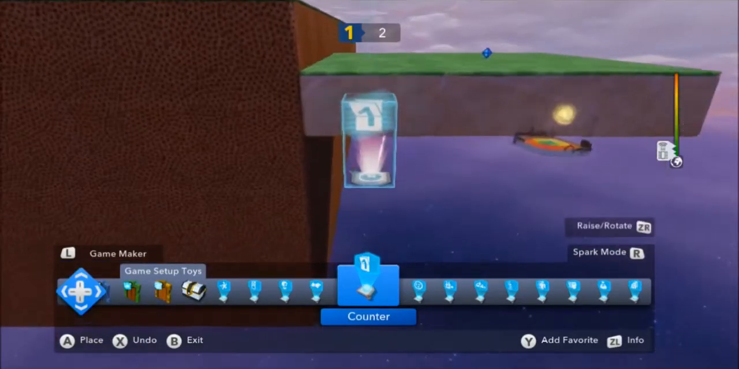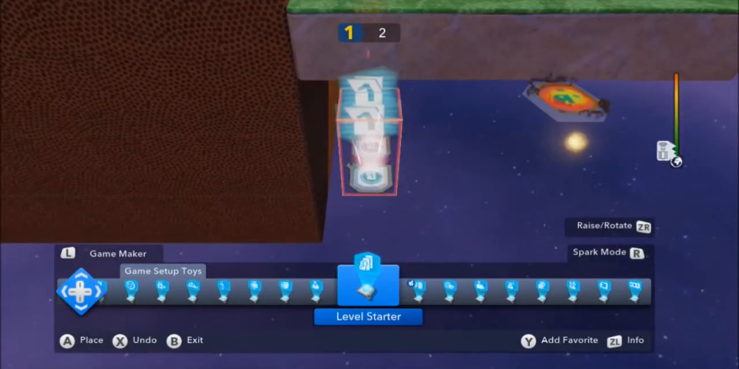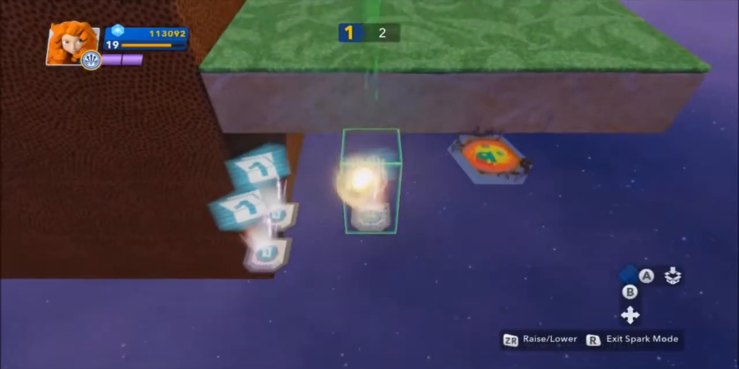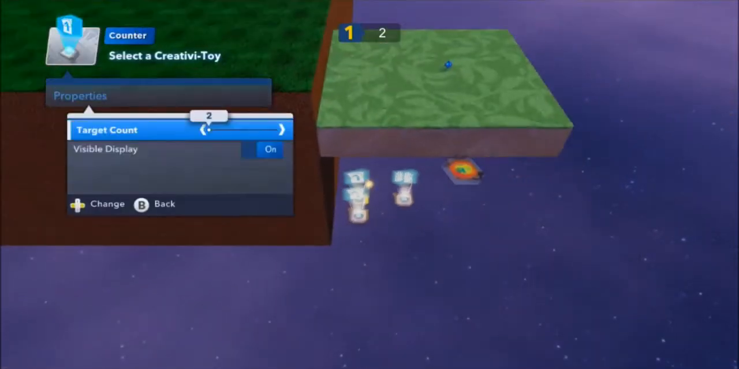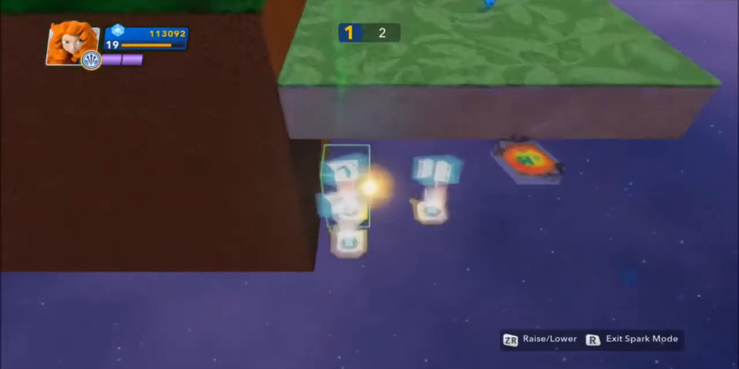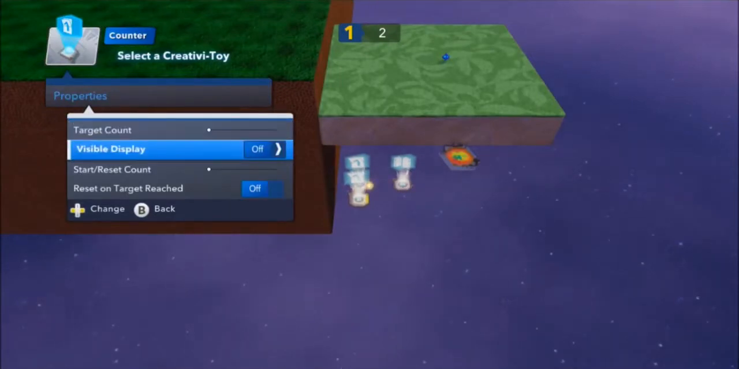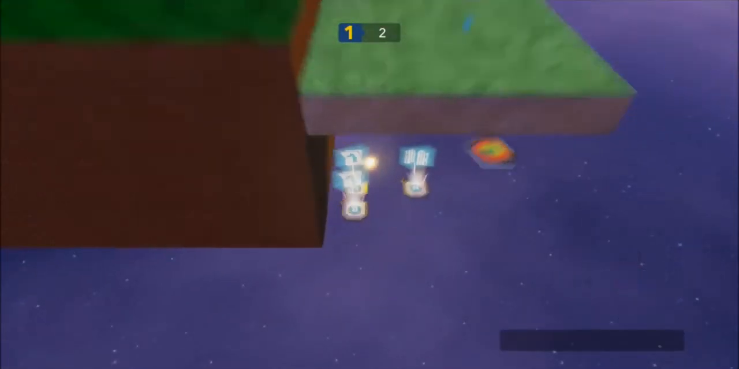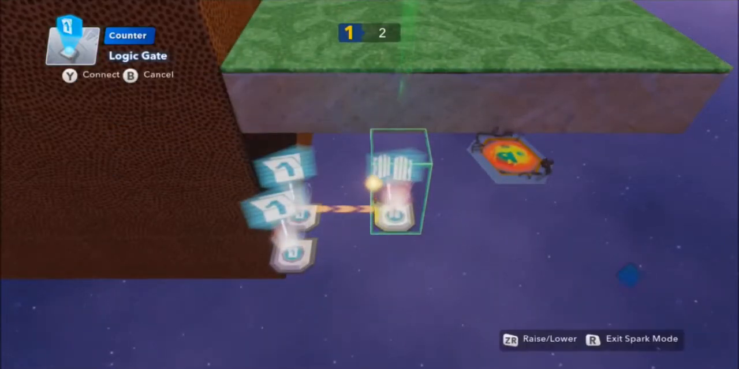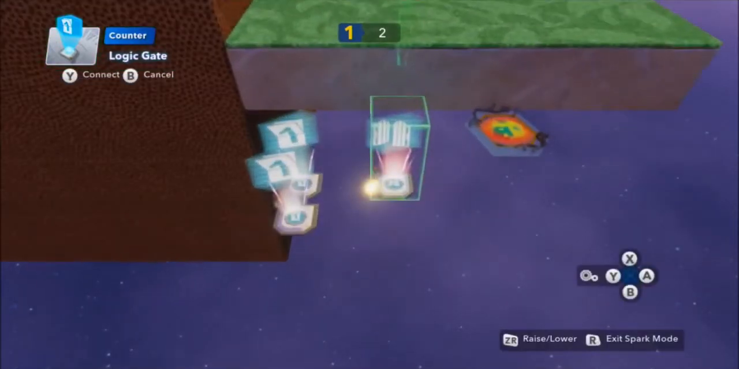So we need 2 counters, and we need a logic gate. And we're going to set this counter to the value we want, which is 6. And we're going to set this one to 1 below that. So we're going to set this one to 5. And like I just showed you up there, we're going to say target reached closes this logic gate, and target reached